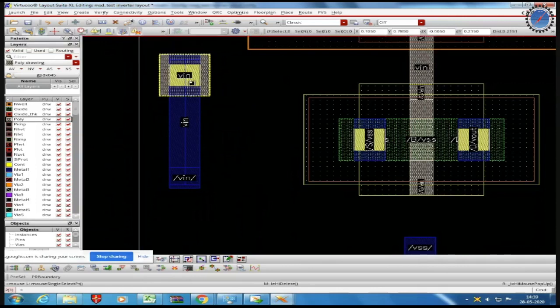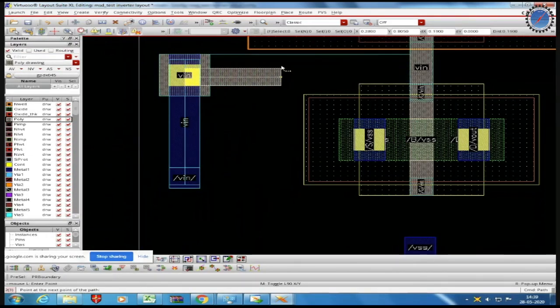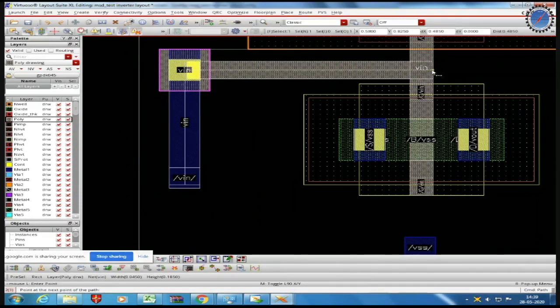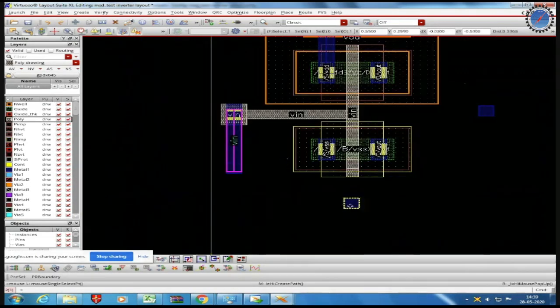Click on poly, press P, start from the wire, and end it here. So here we have polysilicon connection and here we have metal connection.